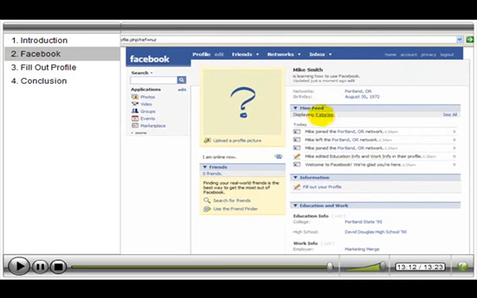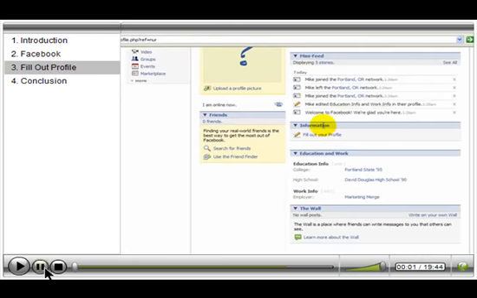Mini feed. This is going to be showing kind of things that you've done or that your friends have done. It's just a little mini feed that shows you news flashes of what's taking place, what you're doing, what others are doing. Information. Fill out your profile. That's really where I want to take you